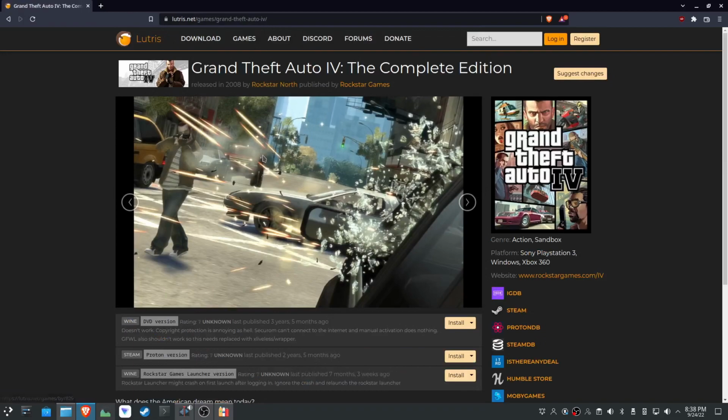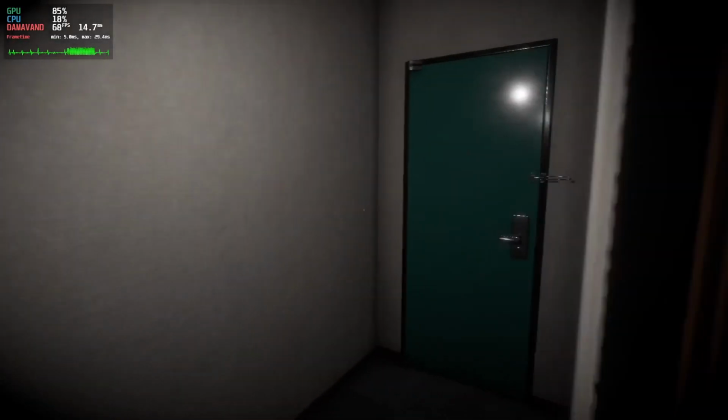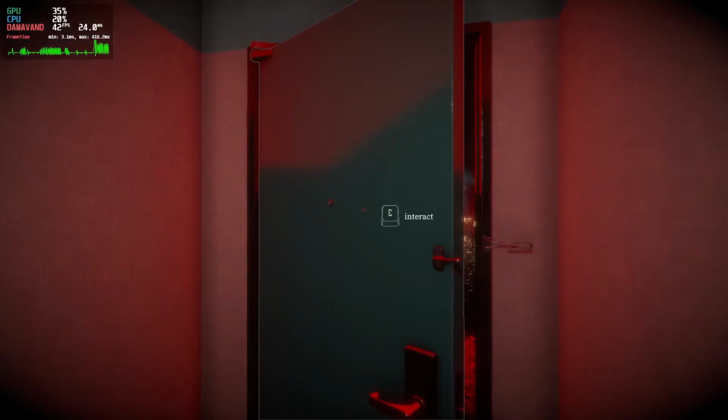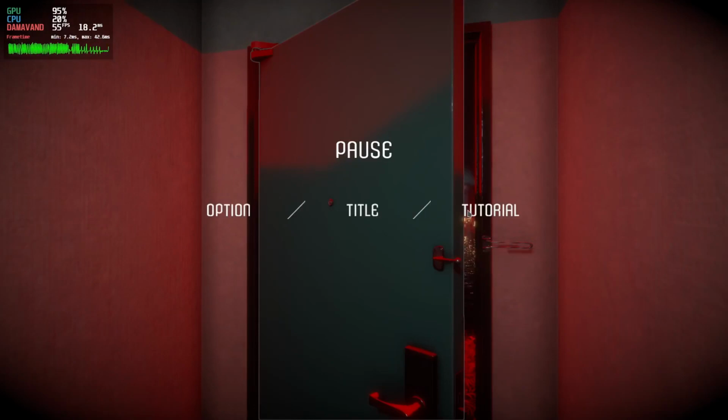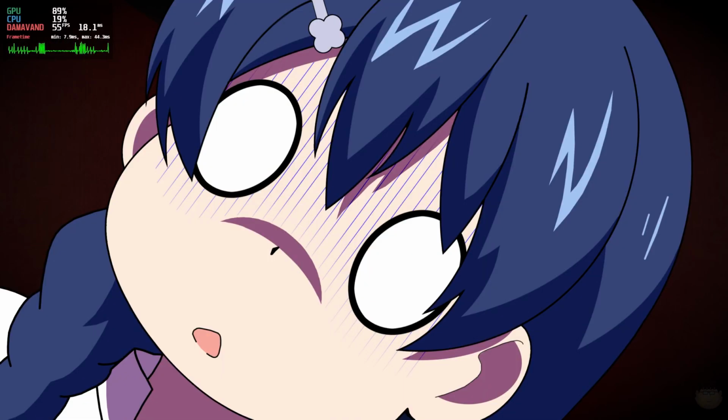Now, with that said, I would not recommend you use Lutris to run Hololive Error because, at least in my experience, I was constantly getting kicked out of the game. I have no idea what was the exact source of this issue, and to be honest, I didn't really care to figure it out, especially when I already had a working preset. At least to a certain point. Because,